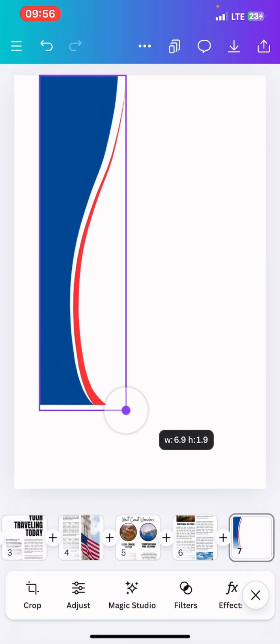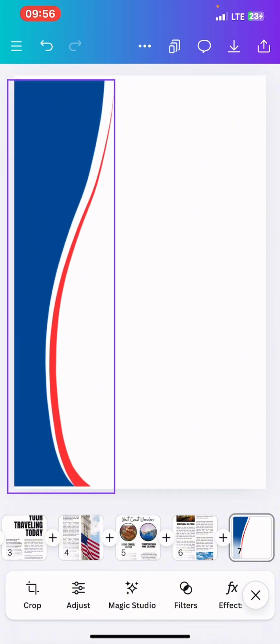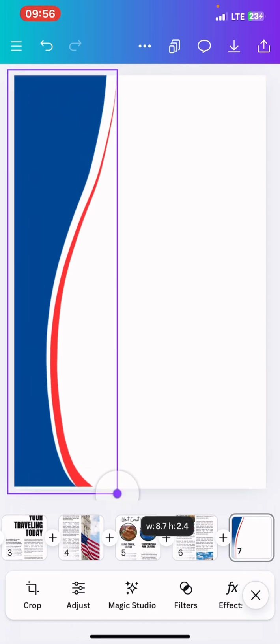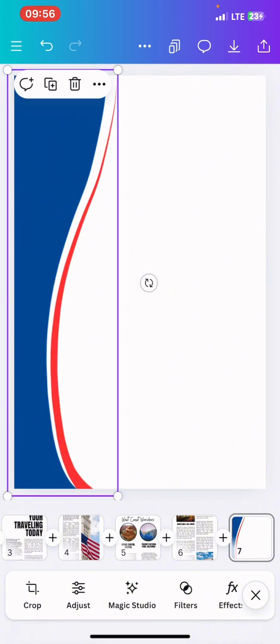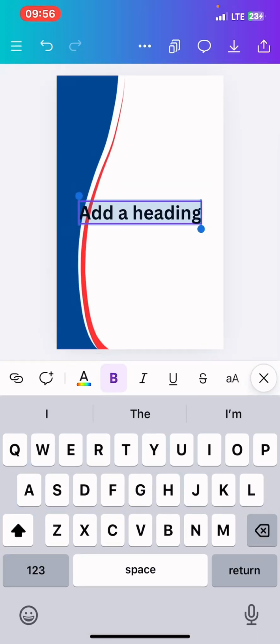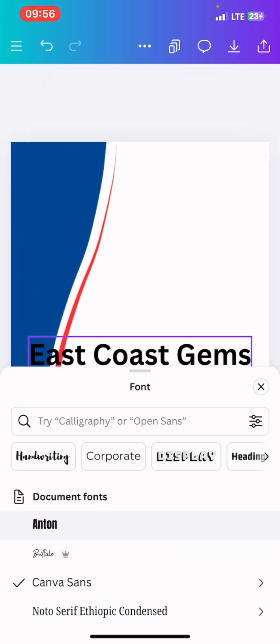Remember, we are still on the aspect of bleed and no bleed. Okay, so here we have. I'm going to be assembling my shape according to what we are saying here. But first of all, let me place the content I copied. East Coast Gems. It's already bolded. Change the font to